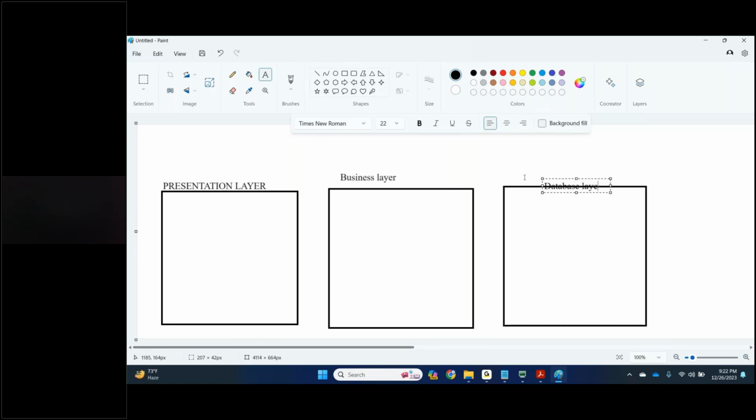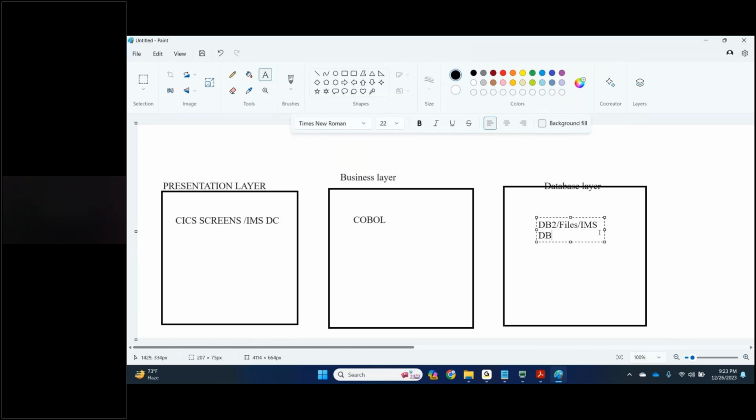The presentation layer is CICS screens or IMS DC screens, whatever you call them. The business layer is COBOL or PL1, so the business layer is COBOL code. The database layer is DB2 or files or IMS DB.